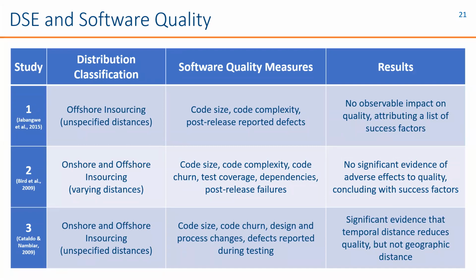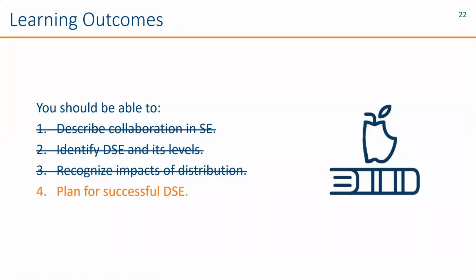So empirically, the effects of distribution in software engineering are quite unclear. But not everything's about numbers, so I want to touch on it real quick in this last part of my presentation. We've gone over the model for collaboration in software engineering and a taxonomy for distribution, and laid out some cool perspectives on the impacts distribution has on collaboration. But to wrap up, I want to leave you with some final synthesis of success factors for DSC.